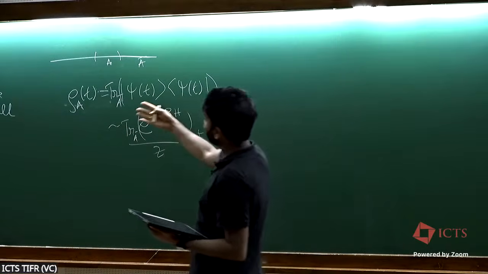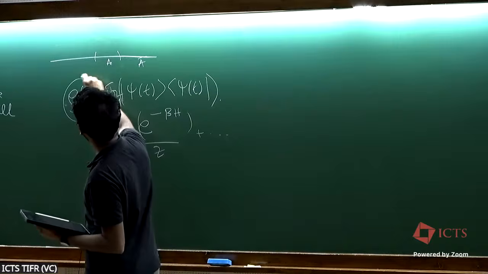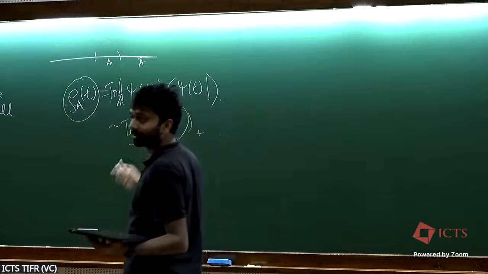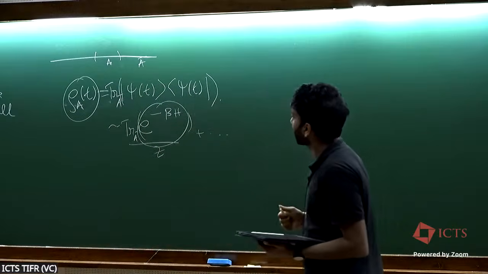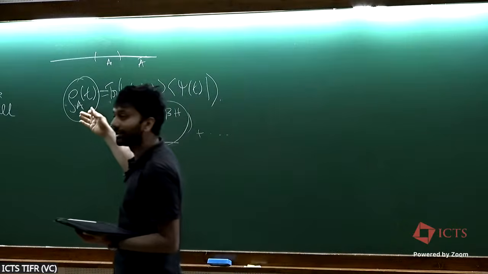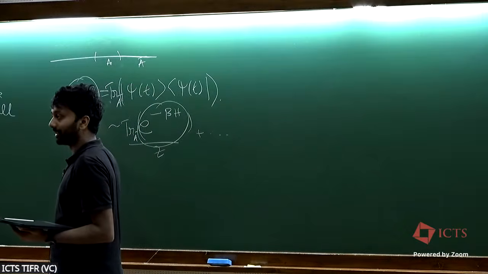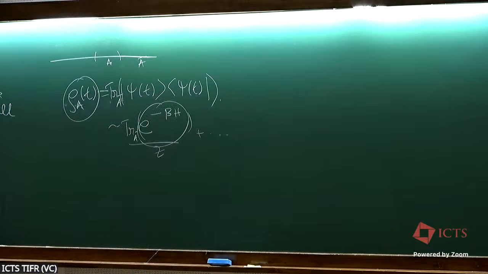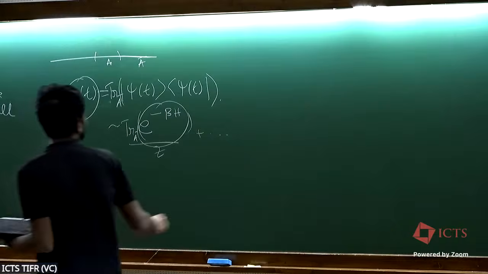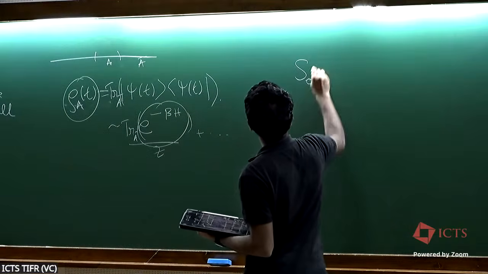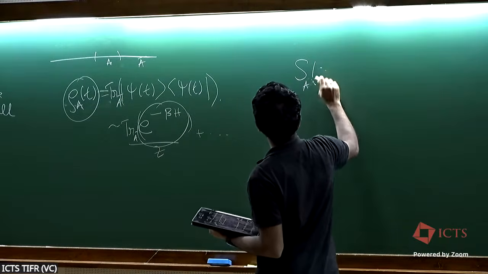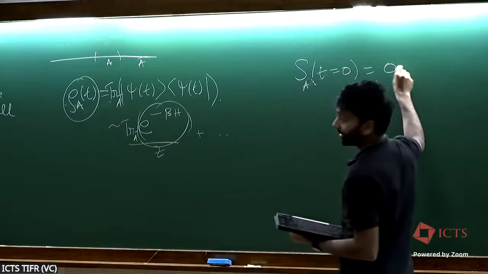And then if the form of the reduced density matrix is somehow like the reduced density matrix of the global Gibbs density matrix, then you can also ask what the entanglement of this reduced density matrix is. Okay, so the initial state, as I said, was very simple. It was just some product state. So the entanglement at t equal to 0 is just 0 because I started with the product state.